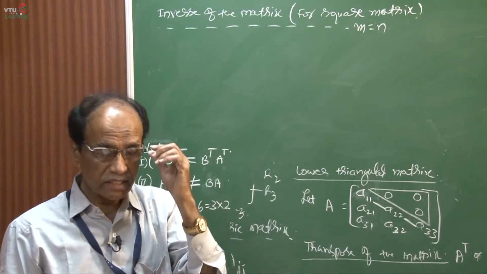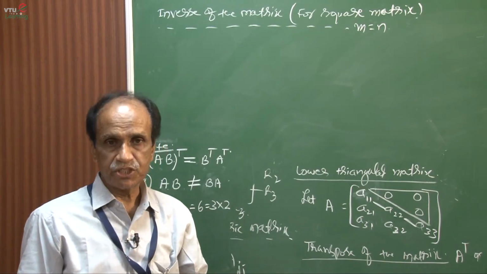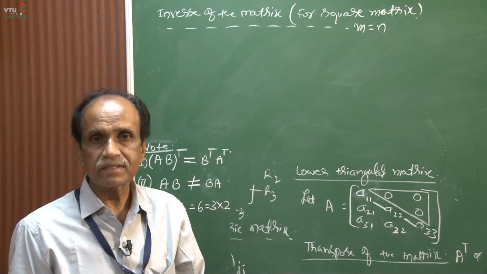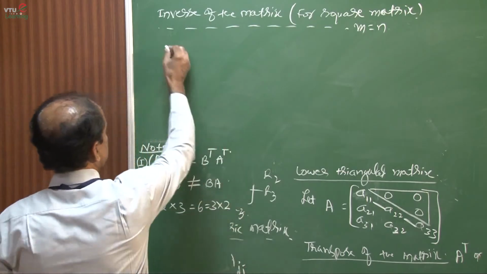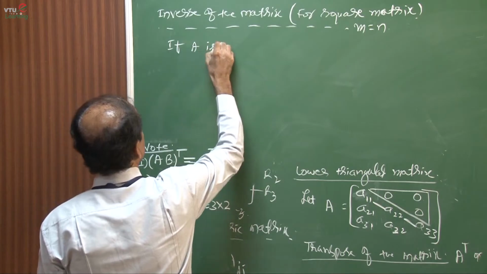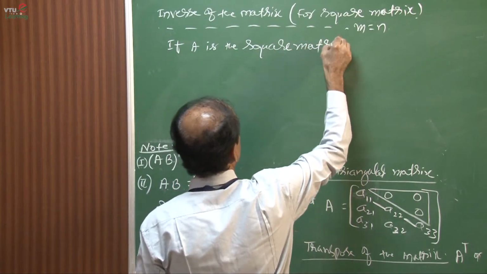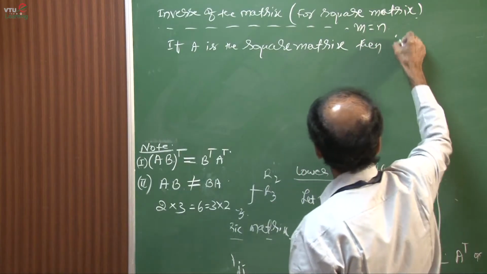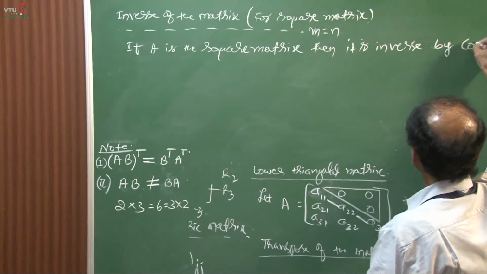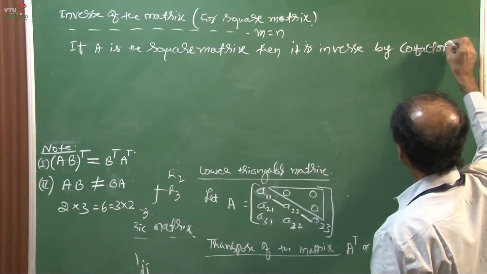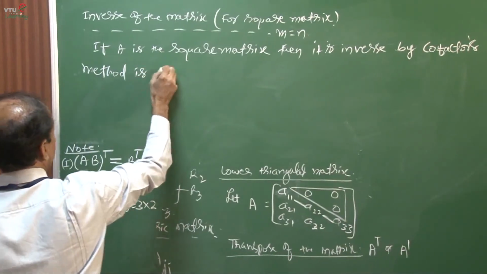How are these cofactors calculated? This is the very first method, the cofactors method, but this method has a limitation. This method cannot be applied for all matrices even though it is given as a square matrix. So what is the inverse of the matrix? Now if A is a square matrix, then its inverse by the cofactors method is given by